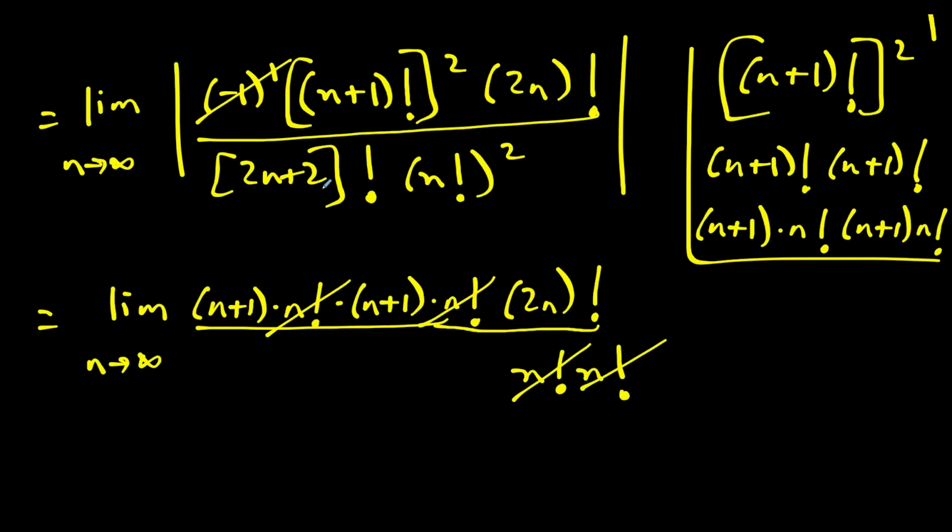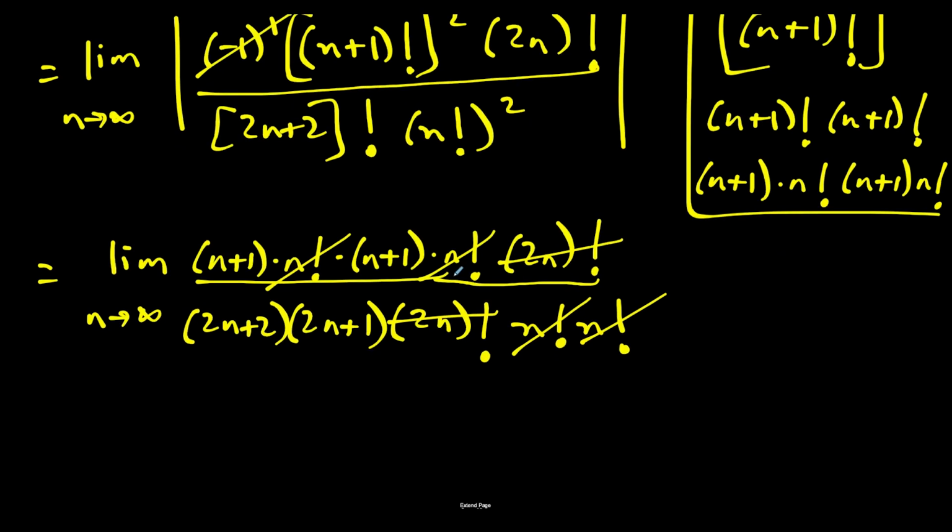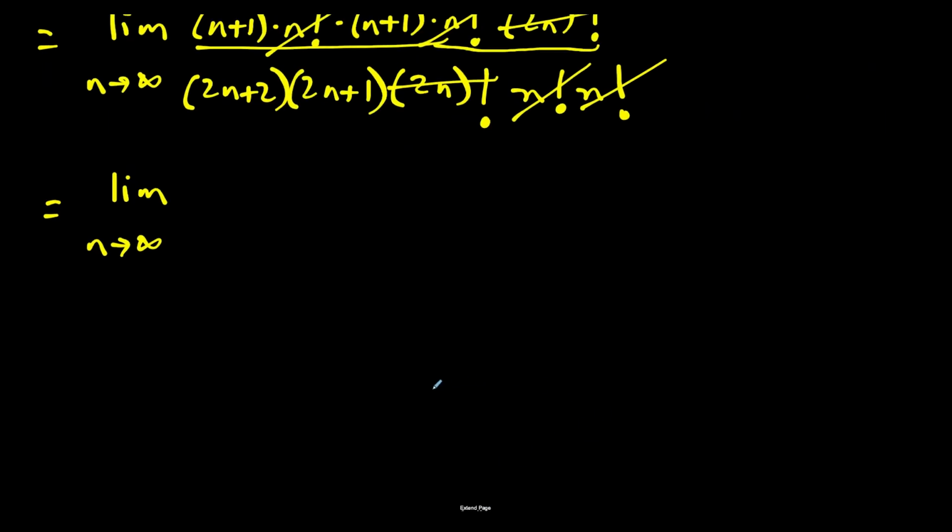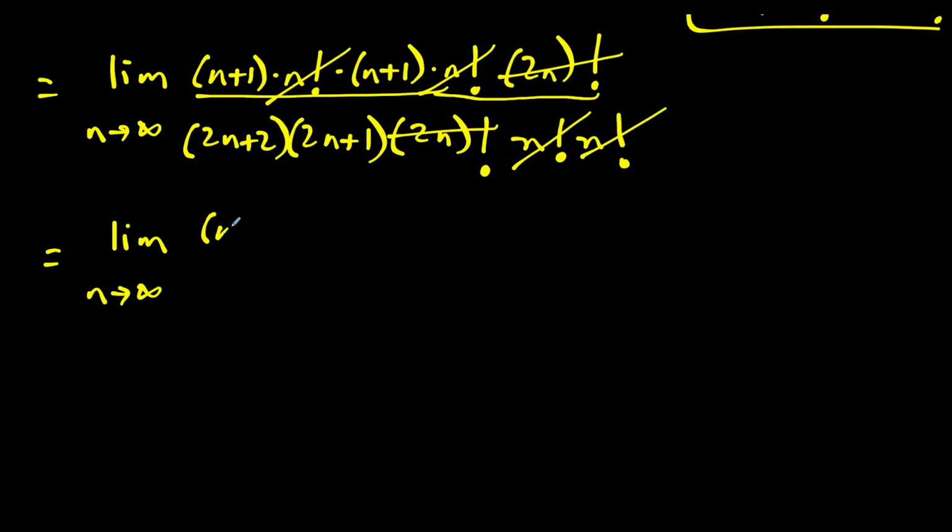So now, the next thing I want to do is expand (2n+2) factorial, and we have 2n+2, and then 1 less than 2n+2 is 2n+1, and 1 less than 2n+1 is 2n, and I could throw in my factorial now, and now 2n factorial will cancel out 2n factorial. So you see, this simplifies a whole lot. So now this is equal to the limit as n goes to infinity of, and we'll make space. What do we have left on top? We have (n+1) times (n+1), and on bottom we have (2n+2)